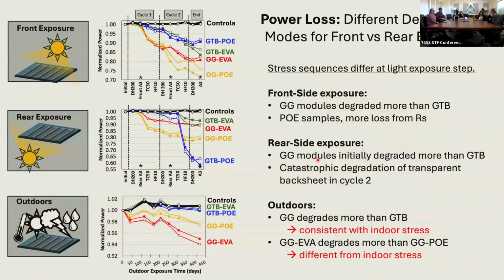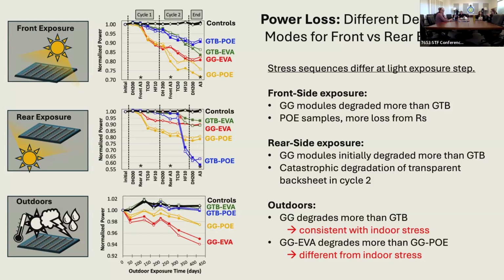So this is showing you how the power degradation looks for these different accelerated stress tests and for the outdoor samples. Again, consistent with the visual degradation that we were seeing, we have greater degradation of the glass samples compared to the glass transparent backsheet samples when there is front side light exposure. And we see a bit more degradation of glass POE samples that starts to take place in the second stress cycle. For rear side exposure, initially we do see greater degradation for the glass samples compared to glass transparent backsheet,